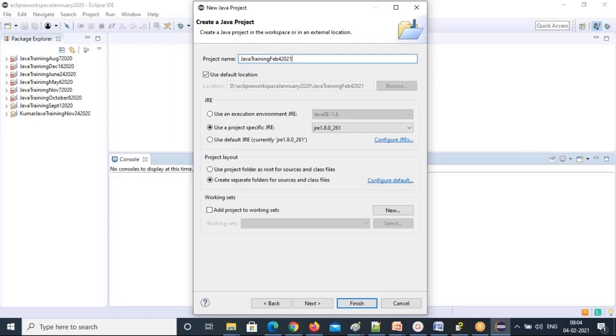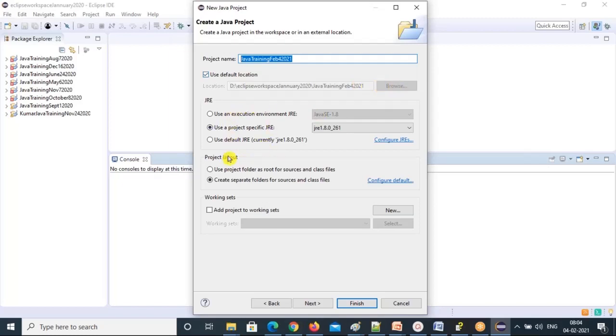This is the location we have given, the workspace location, D Eclipse workspace January. Under that folder, this project will be created. The default location is this one. If you want to change the location, you can uncheck this and browse.